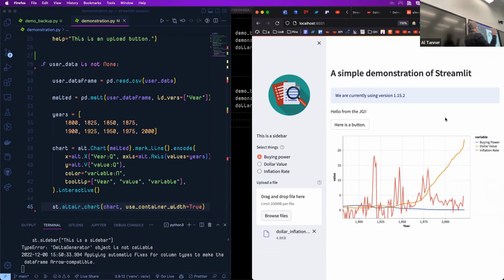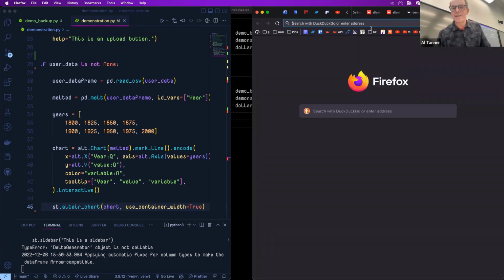Good. So we've already gone, in just a few minutes, from having nothing to having a decent looking website with interactivity and with an ability to upload. You could easily also have login sections, you can have databases, and you can have all kinds of graphs. In fact, it's worth very quickly just showing